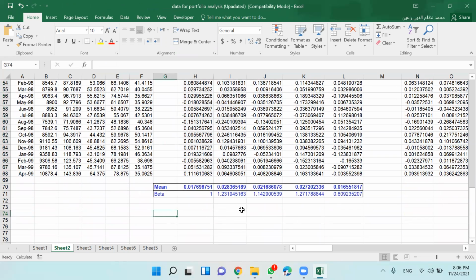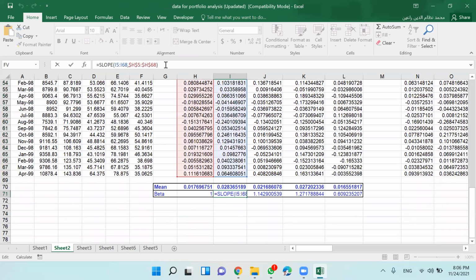Sometimes you might be interested to plot a graph of the relationship between return on a company and return on market. The other way is to just calculate the slope. There is also a provision to estimate the constant term, as we estimated by fitting the relationship through plotting a graph. So use the slope function here, which is built into the Excel spreadsheet.